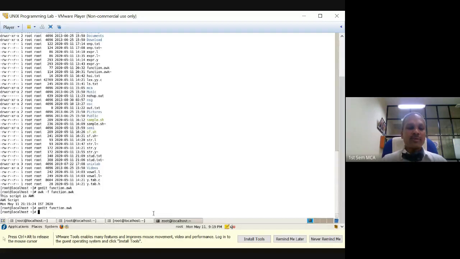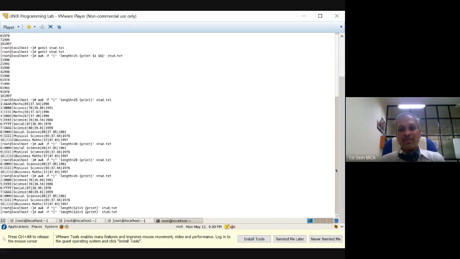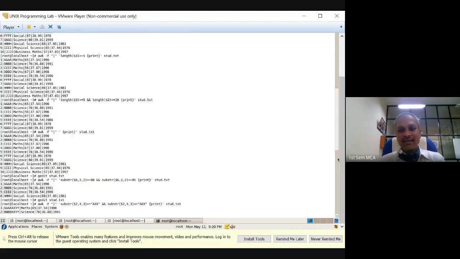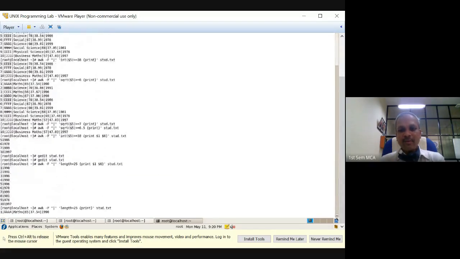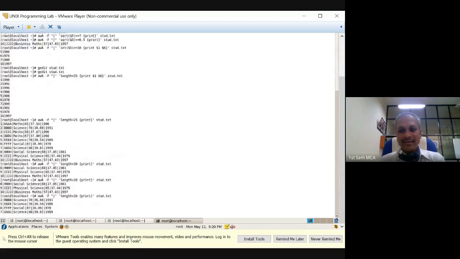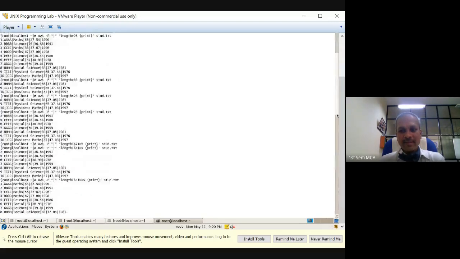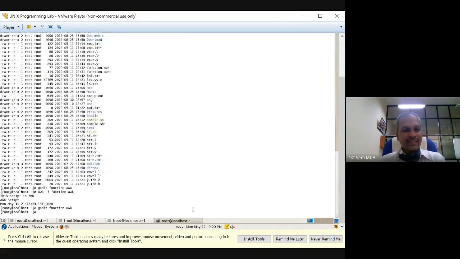Otherwise, the for loop is pretty much the same, and if and all are the same as what we have used in the C language. So what you have to keep in mind is, for any question that comes on AWK, just remember the C language and start writing examples. Hopefully you should be able to do justice, because whatever we have done so far is pretty much the same as C syntax. AWK, after all, was invented by a person named Kernighan, who was part of the C definition as well. So you should not be losing anything.